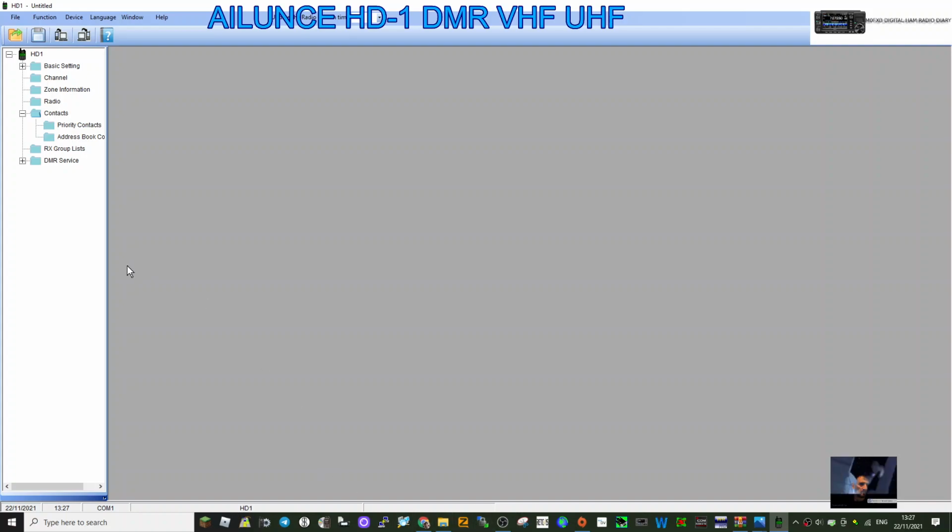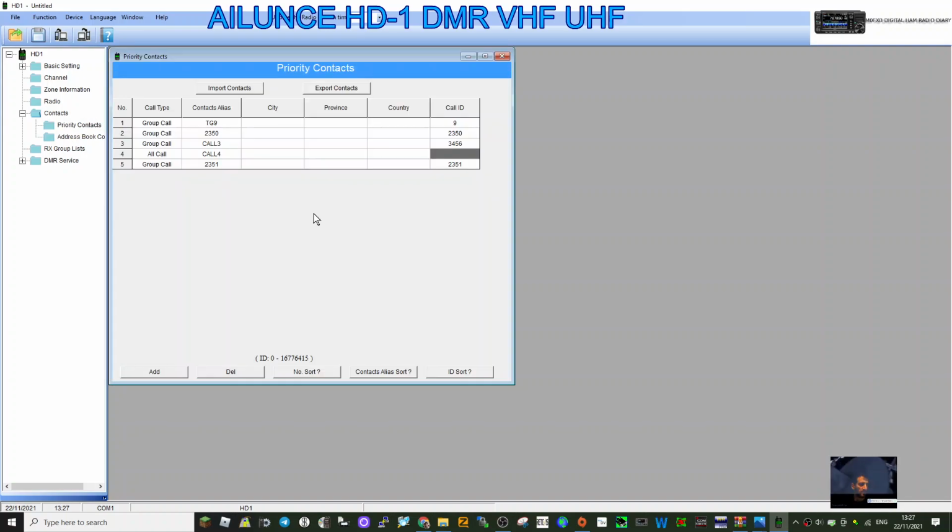Let's add a repeater to our HD1. So let's add a contact first. So we'll double click priority contacts, which is basically adding talk groups. Then we'll click add, and we'll select group call. We get a drop down list here, group call, and we'll call it local, which tends to stand for talk